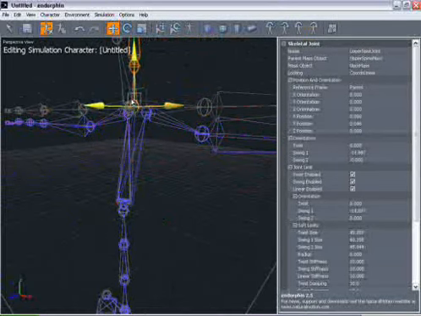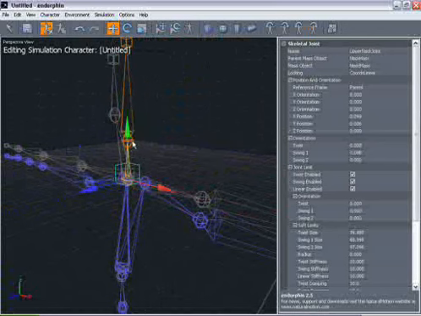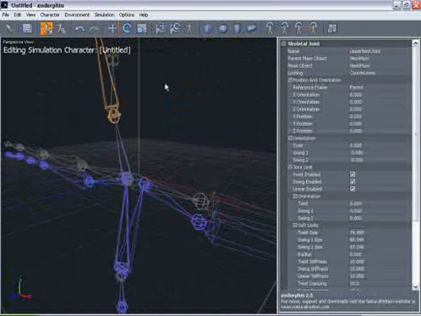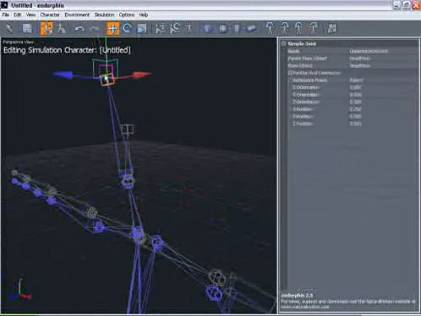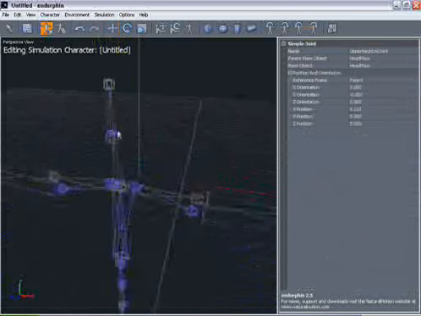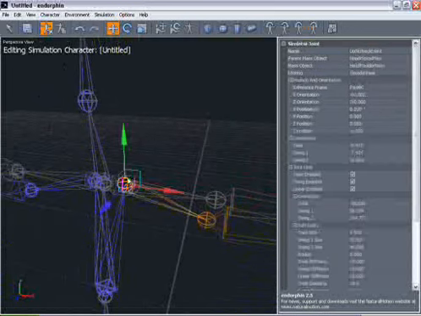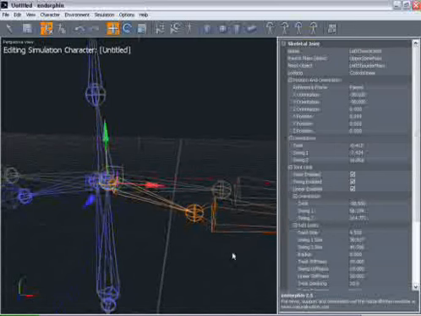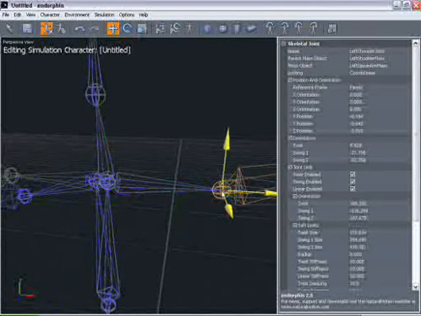Select the neck, snap that, the head and the head end, and then going down the arm, snap the collar into place, shoulder,